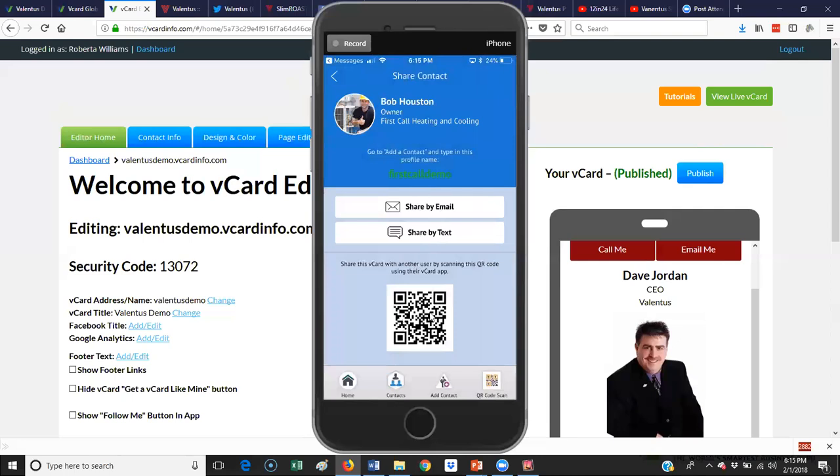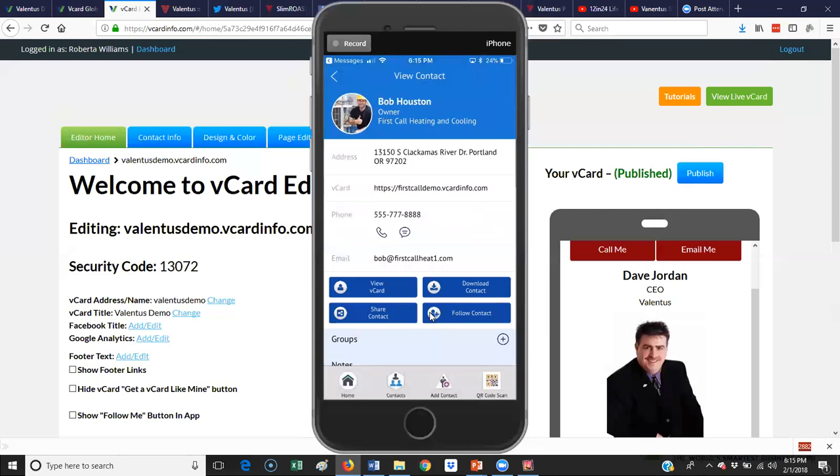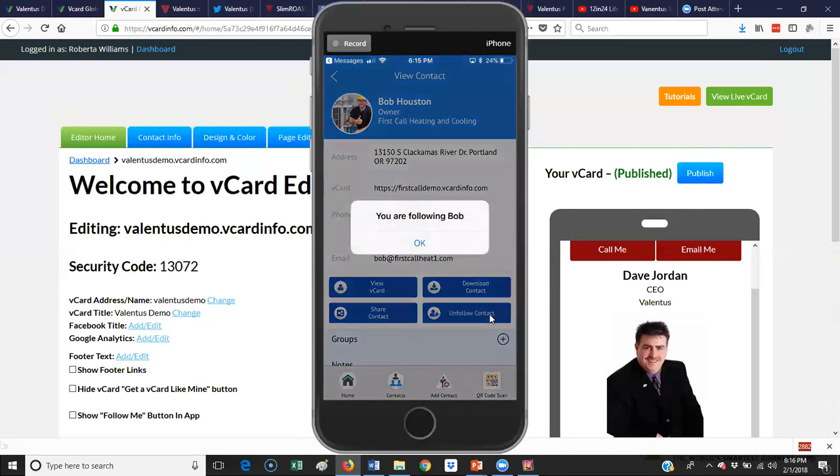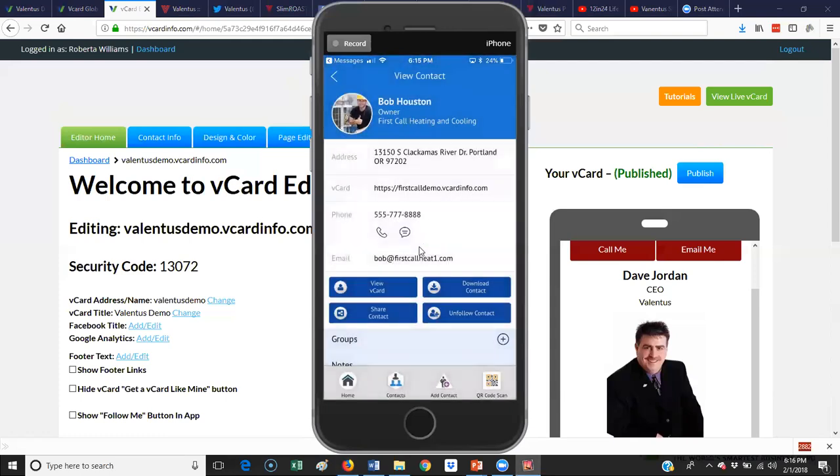And let's go back here. There's another thing I want to show you about Bob's card. He has this special button called Follow Contact. I'm going to click on that. What this allows me to do is I can follow Bob now. Well, I am following him. But what that means is anytime